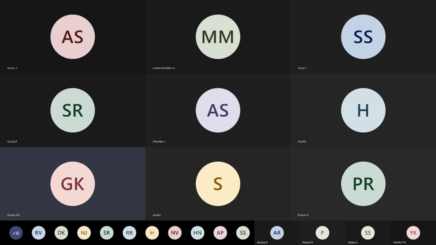Okay, then we have string functions. String is a group of characters, everyone knows that. With string functions, I want to trim, I want to find the length, I want to replace one letter with another, like that. If you want these kinds of operations, we can go for the string functions.